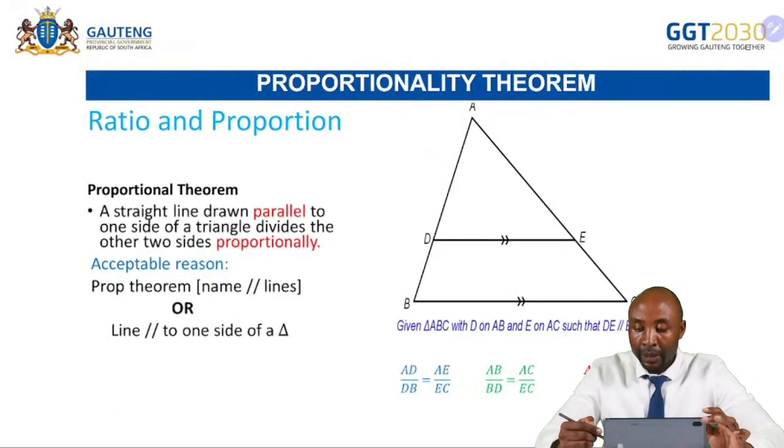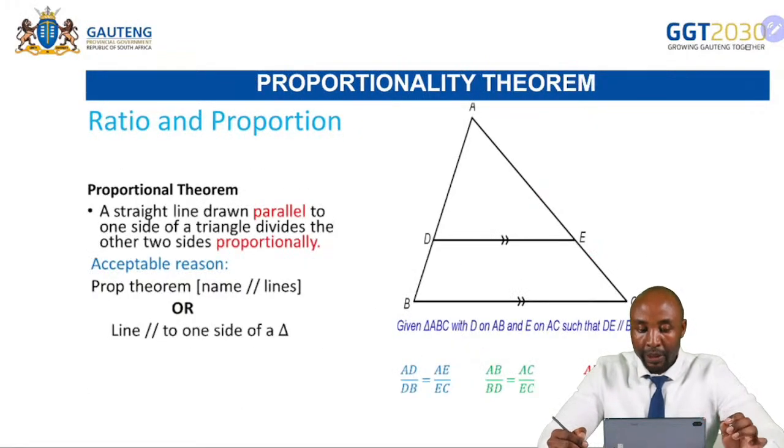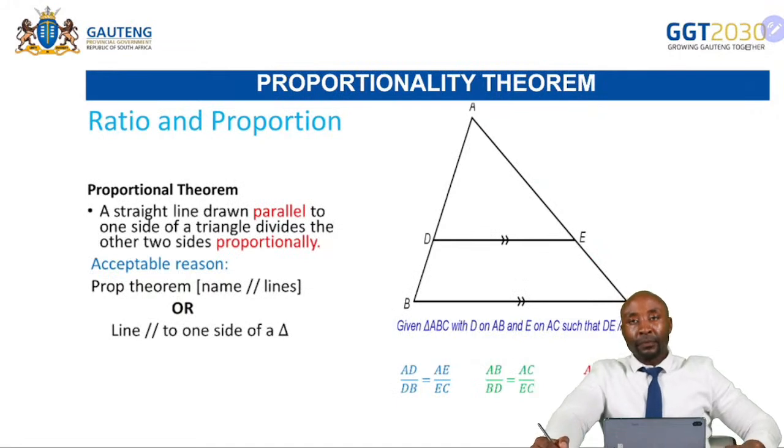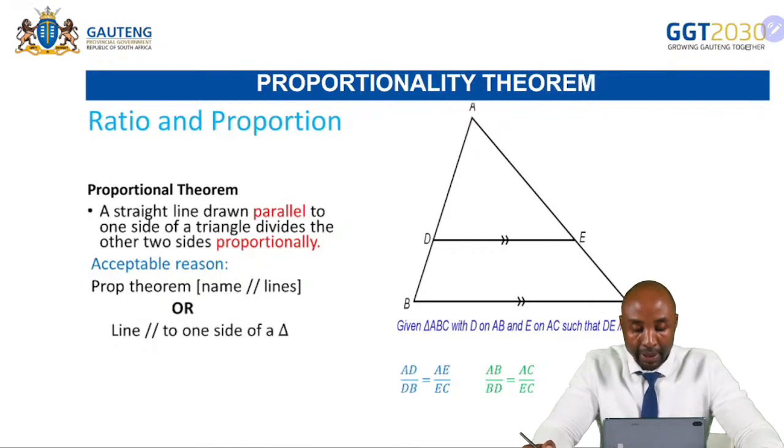Right. After looking at our ratios and proportions, we are going to look at now the theorem, which is examinable. A straight line drawn parallel to one side of a triangle divides the other 2 sides proportionally. And we know that the acceptable reason for this, as I have alluded to, is the proportionality theorem as the reason, and then we give the